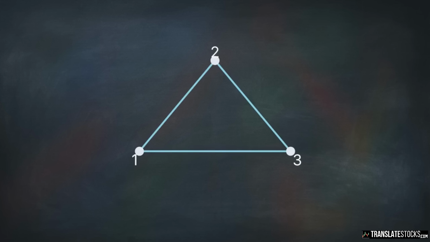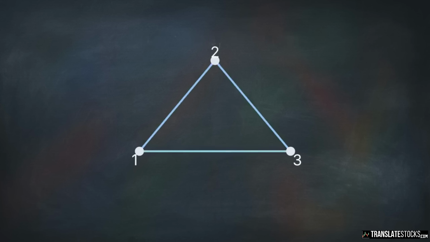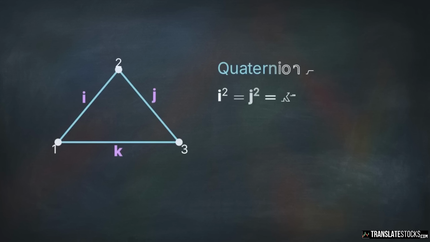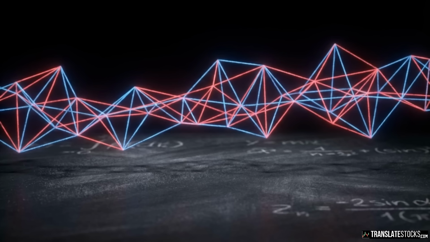Rule R2 shows multiplying an edge dimension by itself results in -1. Under Rule R3, when adjacent edges multiply, they close the triangle, outputting the third edge. The cyclic vertex path determines its sign. Together, these rules make every triangle locally identical to quaternions. Local graphical connections are governed by predictable, non-random algebraic geometry.